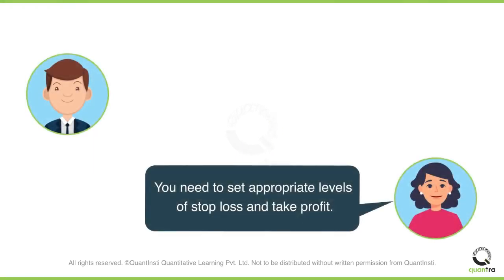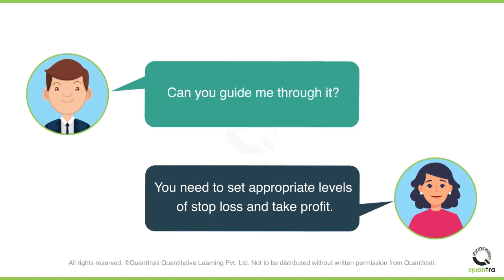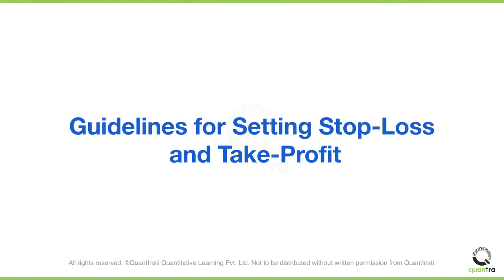Sophie explains to John that he needs to set appropriate stop-loss and take-profit levels. But John is confused, so he asks Sophie to guide him. To learn about certain guidelines that you should follow while setting stop-loss and take-profit,